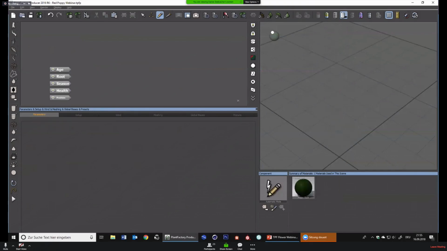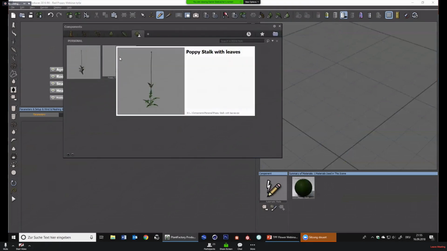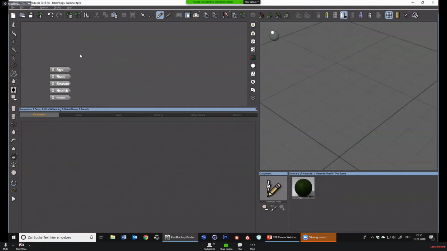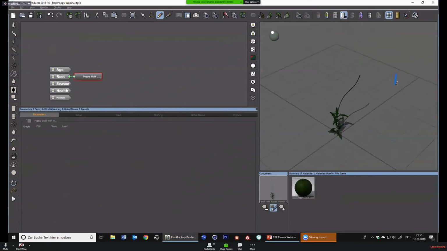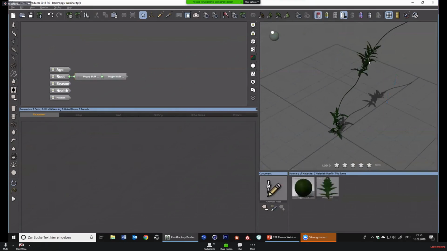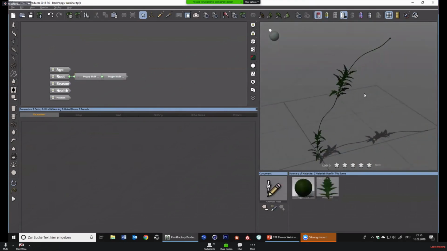And now we just created our own brush that we can now load from the content browser. There it is. And I can now either draw it freely in 3D or add it to the scene. So in this case, TPF didn't know what to do and added it on top of the existing stock. And so by building more and more plants, you can save out common structures such as a stalk with